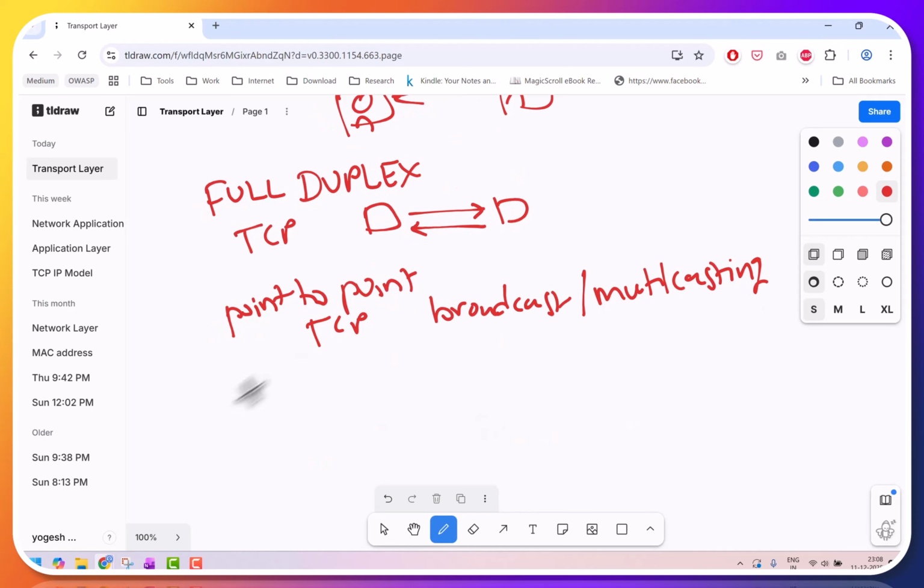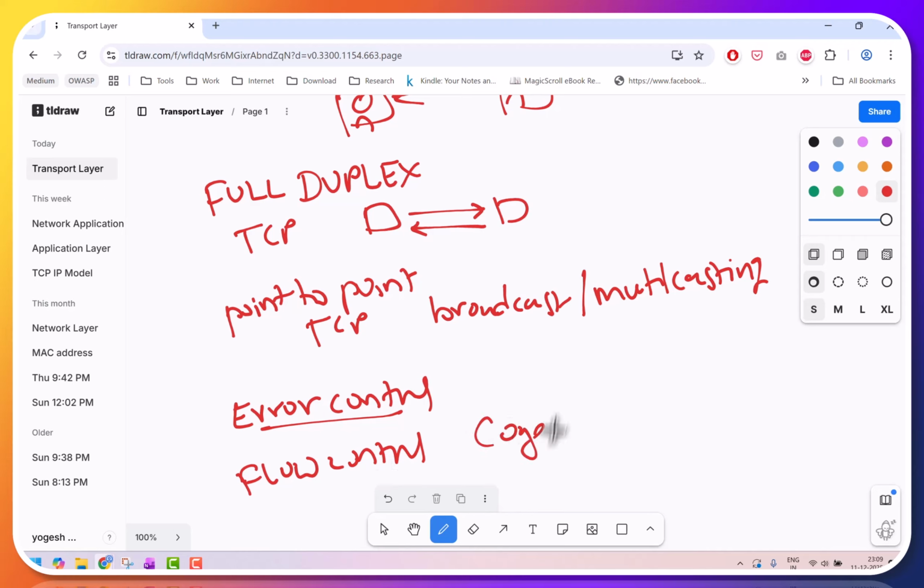Then error control is one of the features which we already saw as a responsibility. Then flow control. These are also key features. Then congestion control. This one also we have seen, right? So these are all the features and key responsibilities of the transport layer.